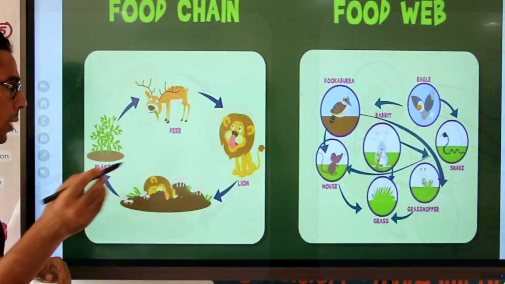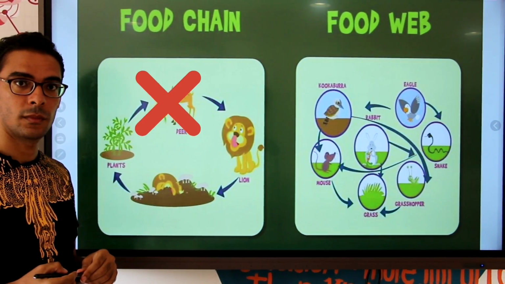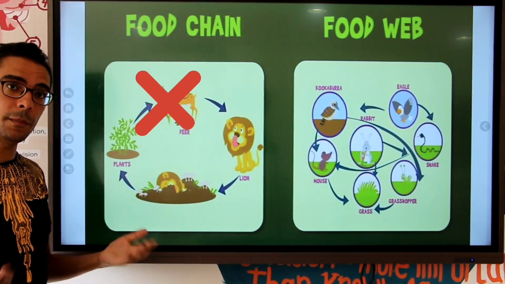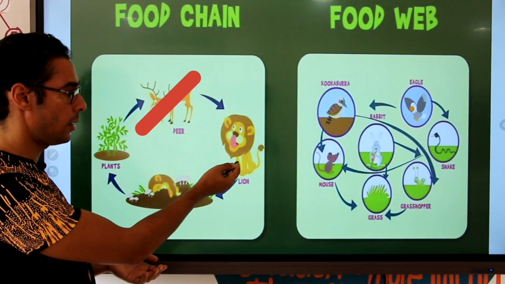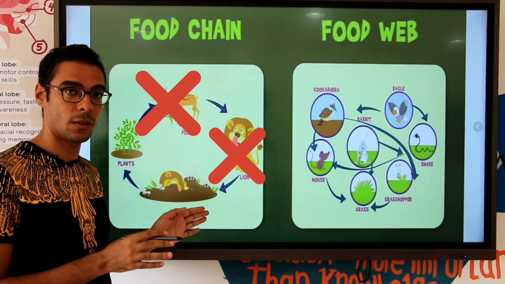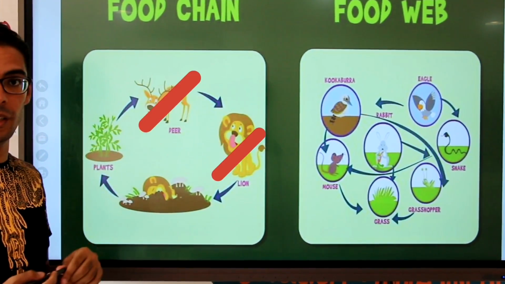Would you tell me please what happens here if the deer disappears? I guess you might be thinking that something horrible is going to happen. I guess you might be thinking about the lion. The lion here will not find something to eat. So all lions in this ecosystem will die. They will not find food to eat because there is no replacement for the deer.